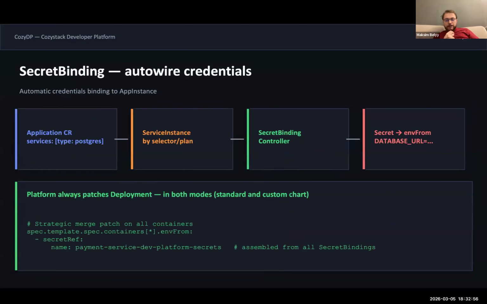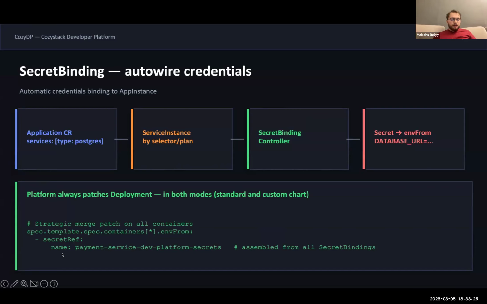So secret binding, for auto-wiring credentials. So how to provide credentials for the connection to Postgres or something else. For example, External Secrets Operator has push secrets that create a secret in OpenBao or, for example, in another Kubernetes cluster.